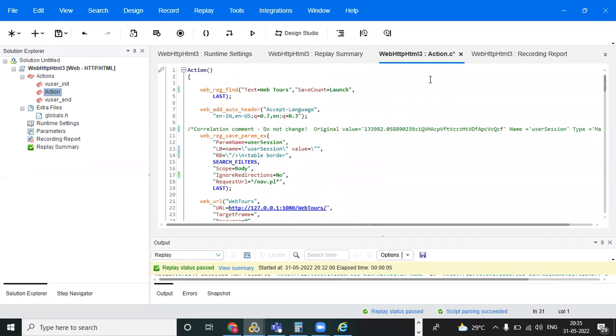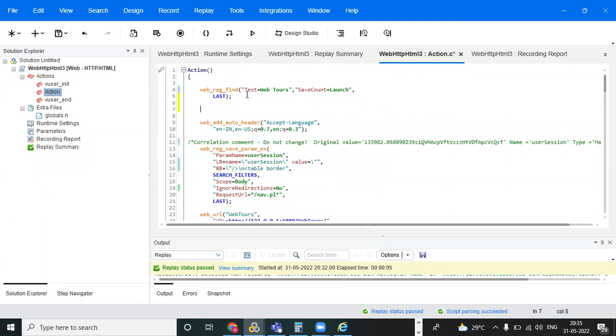Now there is one more validation point, that is the web image check, the image checkpoint. We have two validation points. One is the text verification point. One more is the image verification point. Web_image_check. And after that, we need to give the name, comma, and